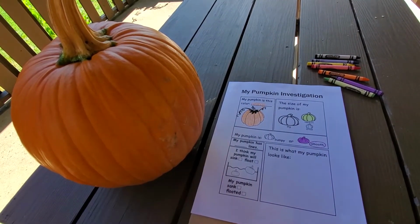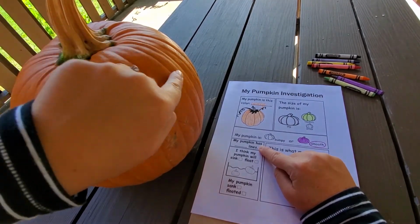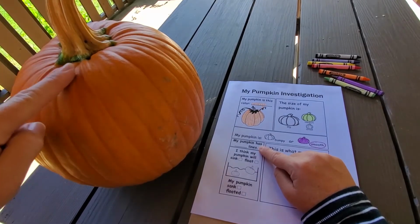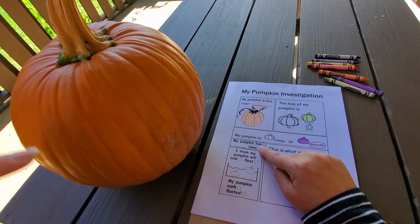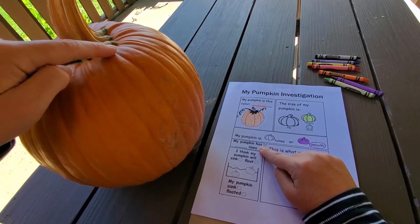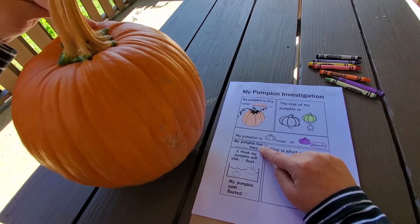The next thing we're investigating on the pumpkin is how many lines it has, or how many ribs are on the outside of the pumpkin, on the rind of the pumpkin. Oh my goodness, I seem to have a lot of ribs on my pumpkin. So let's count. 1, 2, 3, 4, 5, 6, 7, 8, 9, 10, 11, 12, 13, 14, 15, 16, 17,